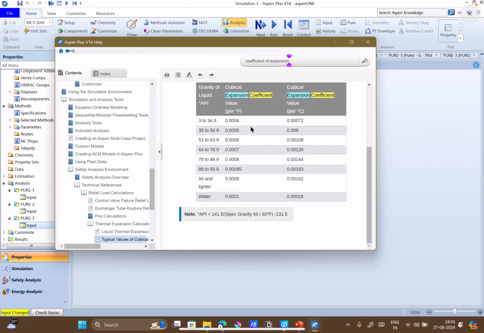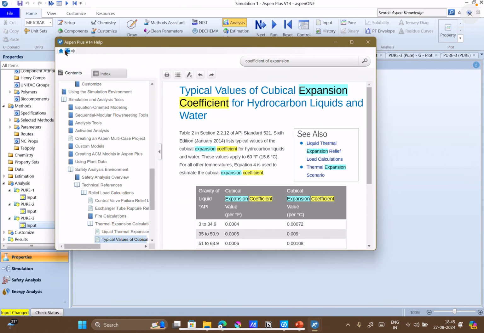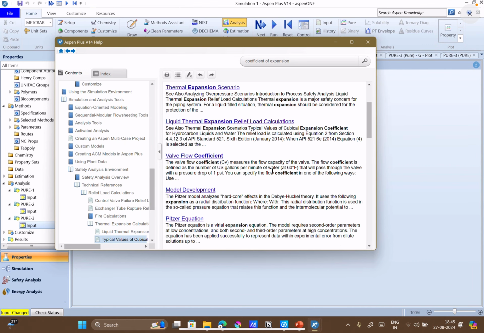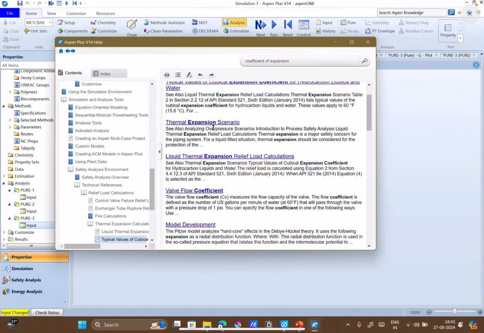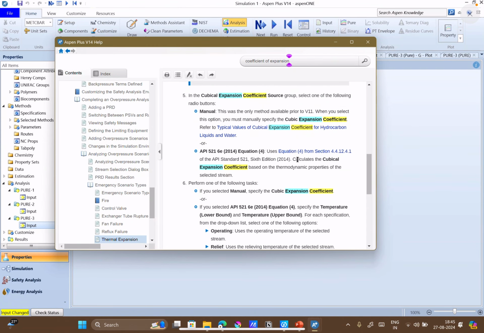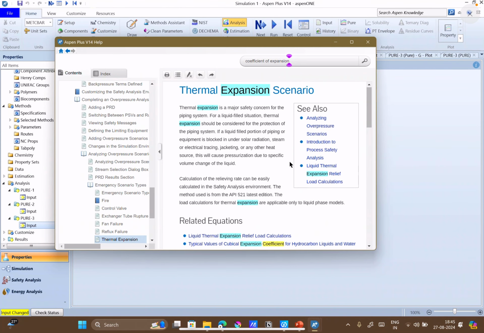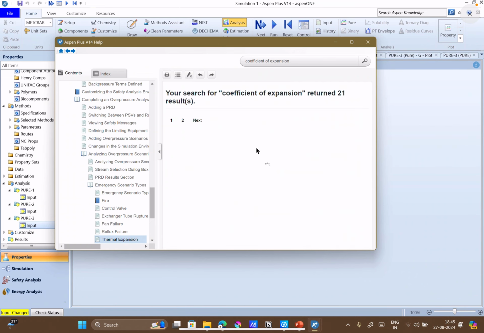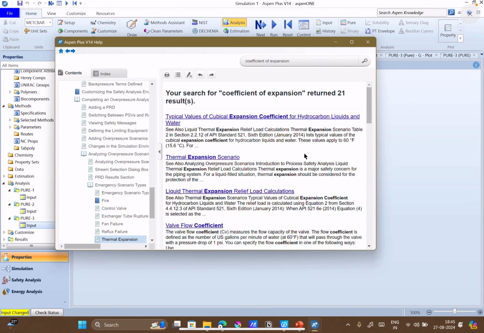Equation 4 is used. Probably not what you are looking for here. Thermal expansion for piping. No, this is about thermal expansion related to relieving devices, pressure relief device. So probably not. I will check it out, and if it's there, I will let you know in the next class.